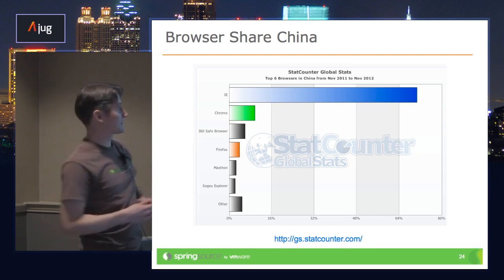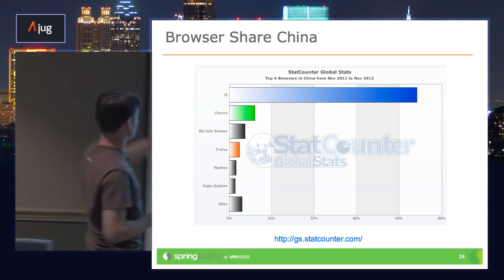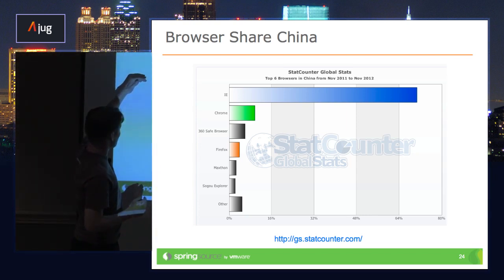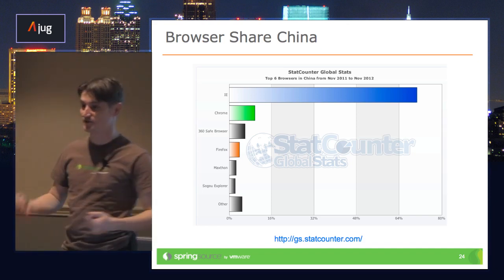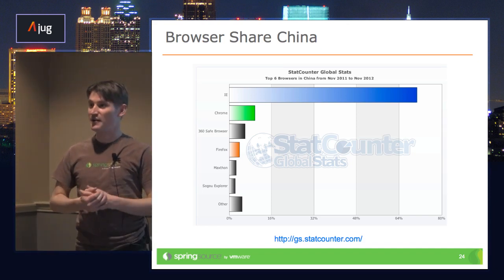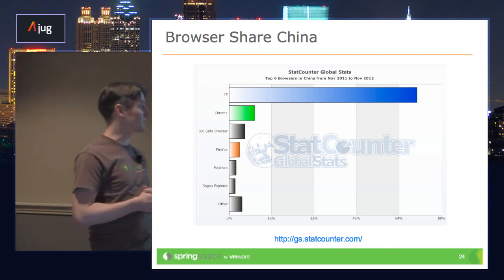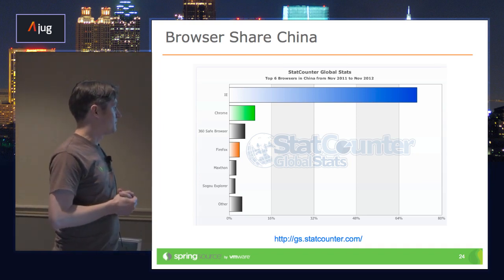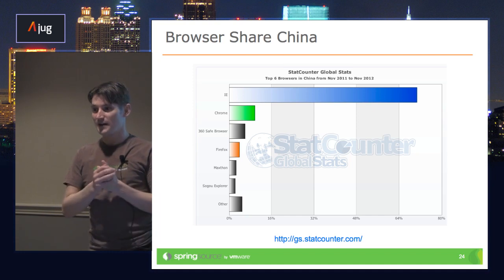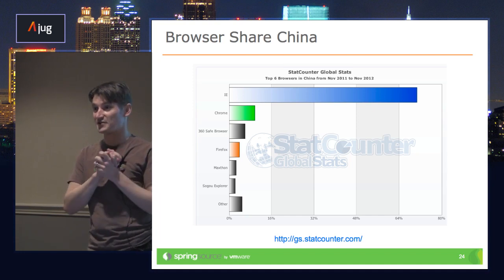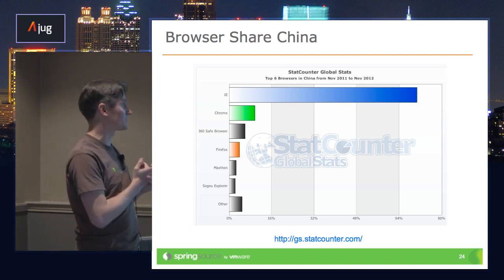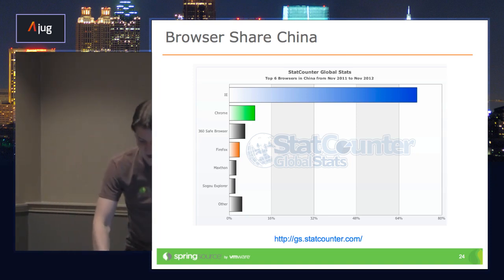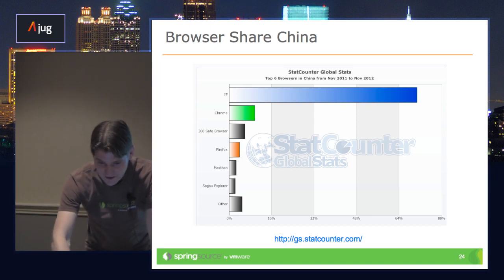What's even worse is this number gets worse, because when you look at some of those browsers, my understanding is that 360 Safe browser and Sogou are also all using what they call the Trident engine, which powers IE. So you may run into similar issues there as well, and that number goes even higher. But at least they finally got rid of IE6. For the longest time, China still had plenty of IE6 browsers out there, so there's still a certain percentage of those as well. Something to keep in mind if you want to use the latest and greatest stuff.